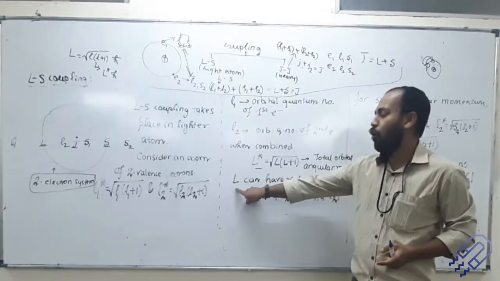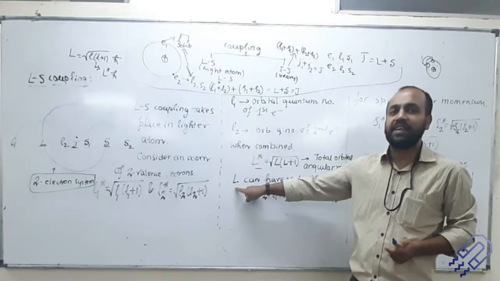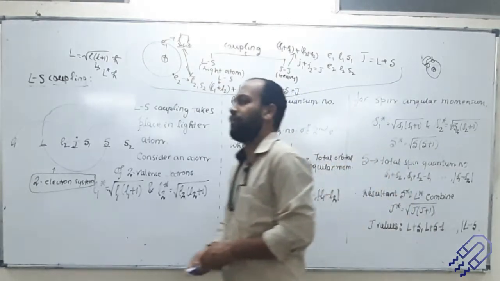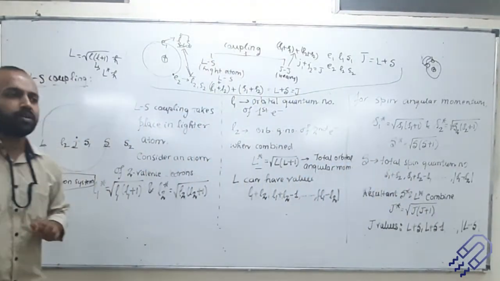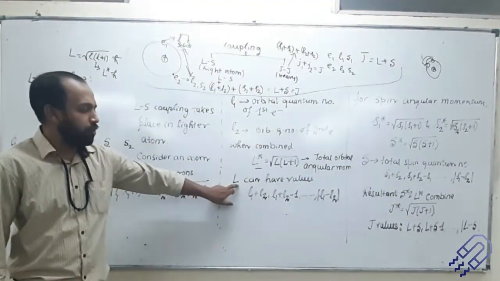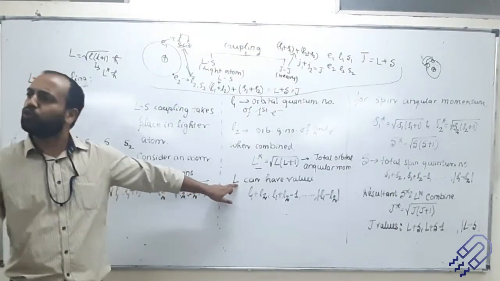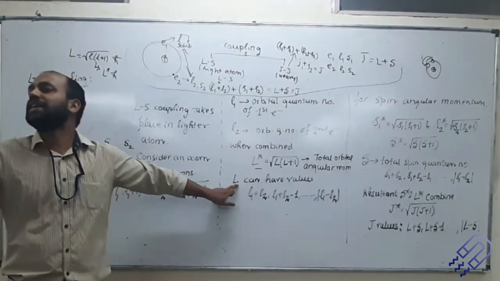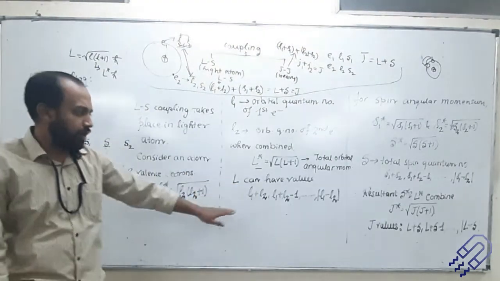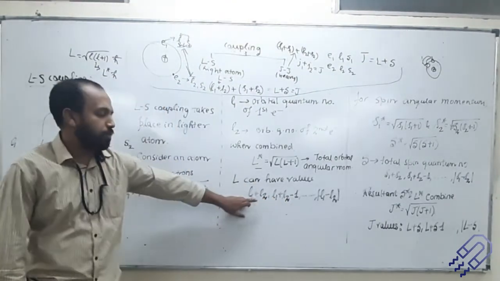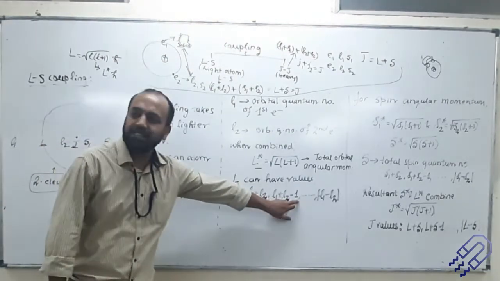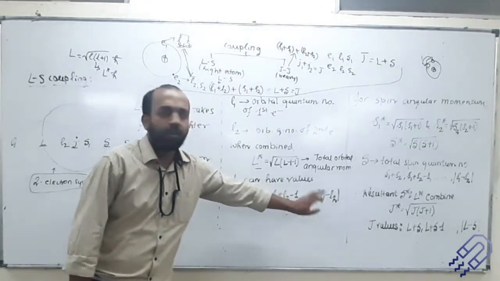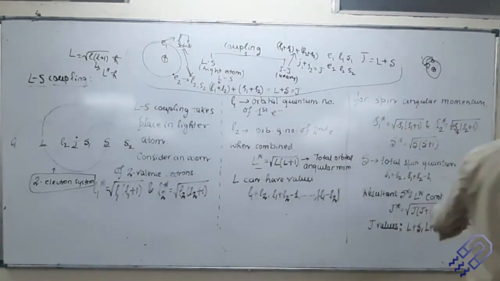The total orbital angular momentum is also quantized. I think by now we all appreciate that quantization is a very important term. This total orbital angular momentum cannot take any value. There are only certain definite values that it can take, and that is why this is also restricted. It can take L1 plus L2, L1 plus L2 minus 1, and it can go down to mod of L1 minus L2.